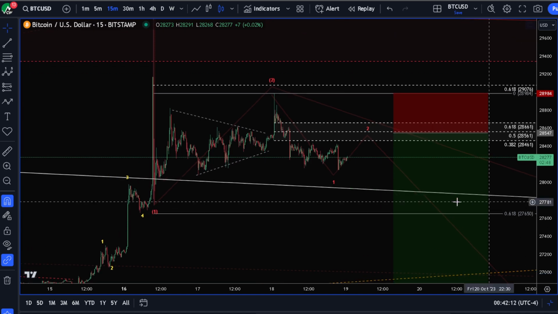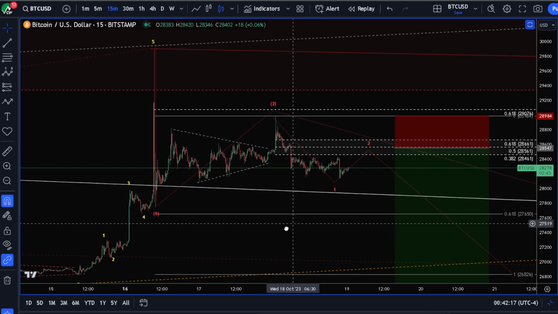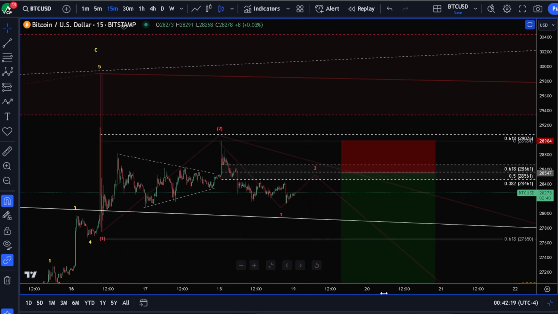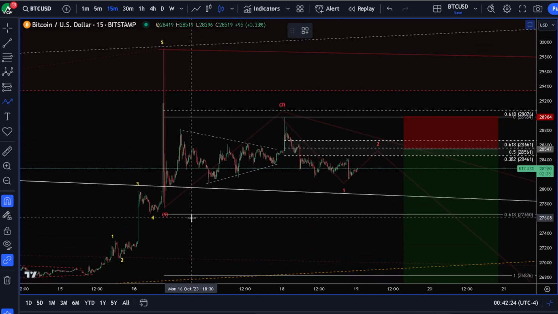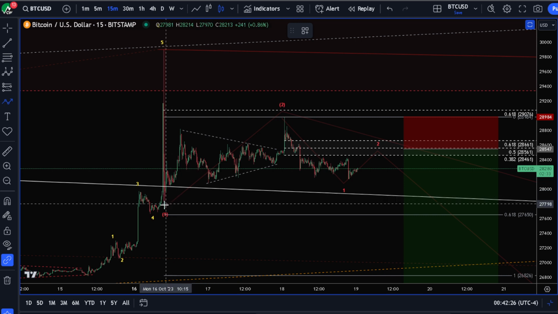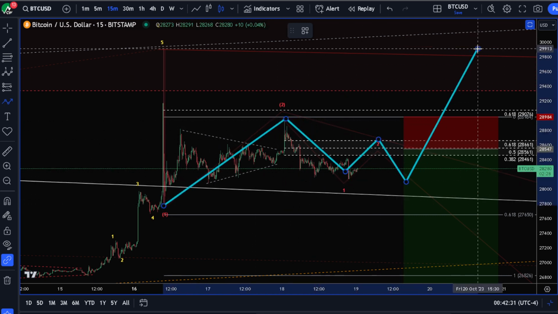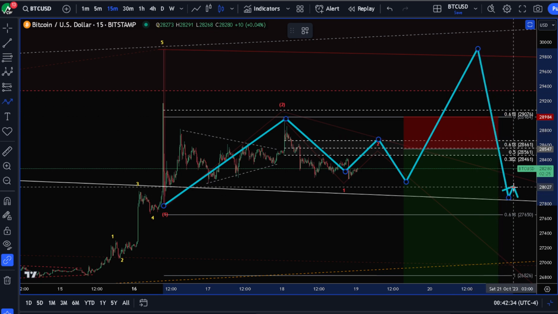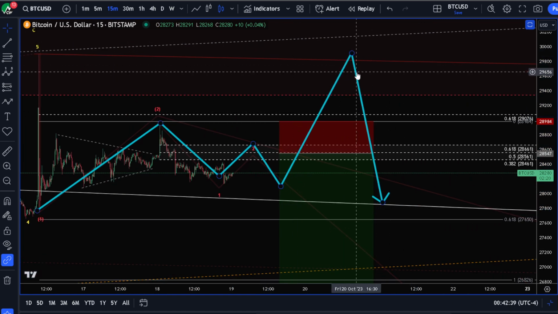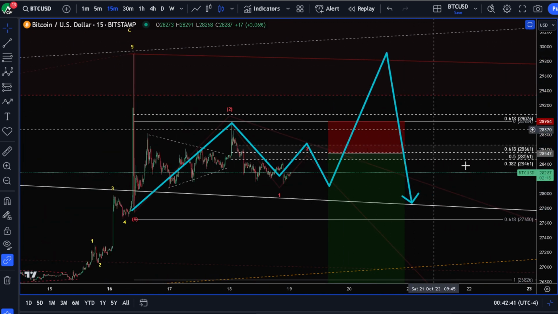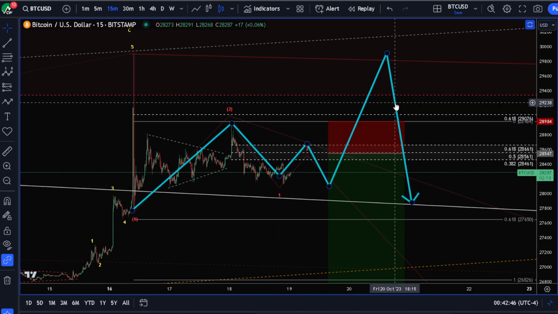So I'm going to take this short. It looks like a 1-2-1-2. It looks pretty good. And the bullish scenario here is this is all an A wave. We're working on a B wave, and we come higher and make a flat, at which point I might take a short from up here. If we get that alternate case, I will enter short up here, and I will take a long if we get a flat pattern like this. Nothing says the short has to happen, but you can see how good the risk reward is there.